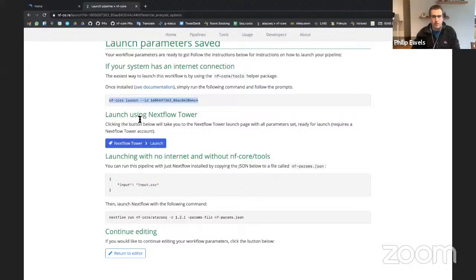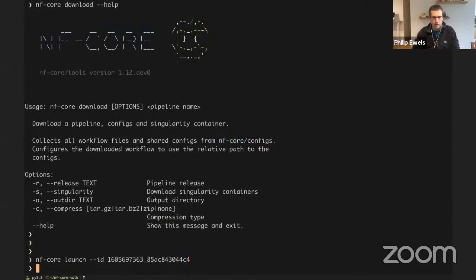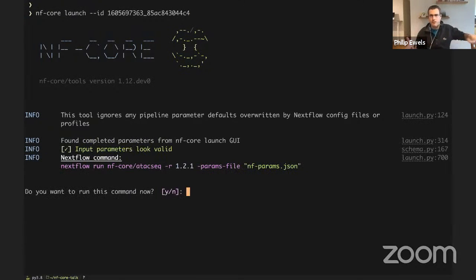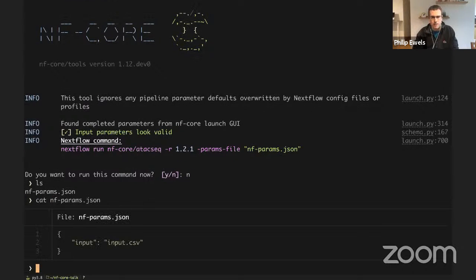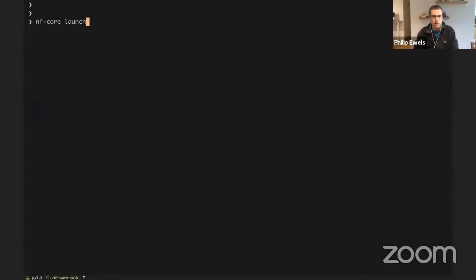Or I can use the nf-core launch helper tool here and just copy this command with this ID. If I run this command, it will fetch this config from a website. It says it found it, and here's the Nextflow command. Do I want to run that command? And if I hit yes, it will kick off Nextflow. But I can also see here that it saved this JSON file with the parameters that I saved in the web form. Just to give you a picture of how it looks offline, I can do